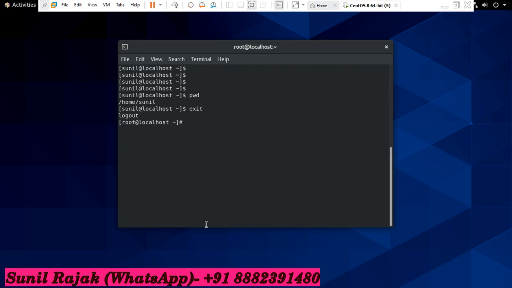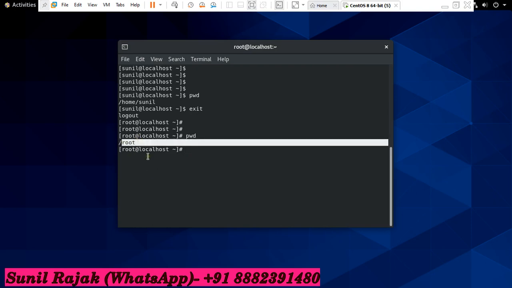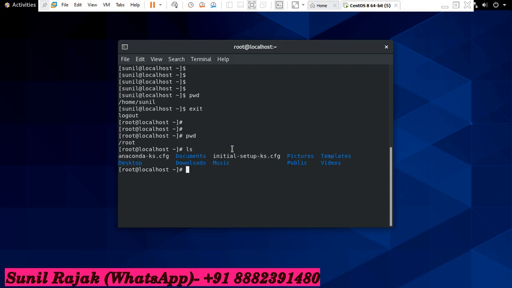So I am going to exit here. Now I am at the root user. Now use pwd. The forward slash is the root directory, and this is the home directory of the root user. Now you can list here, each and everything is available here. So what I'm saying is, how can you change the directories? I'm going to enter the opt directory. Now see pwd, I am in the opt directory. Now I want to